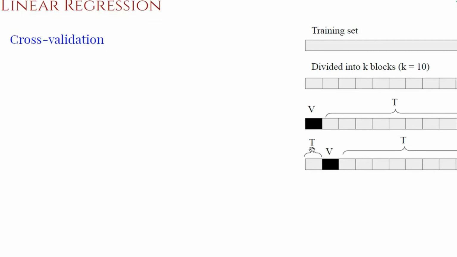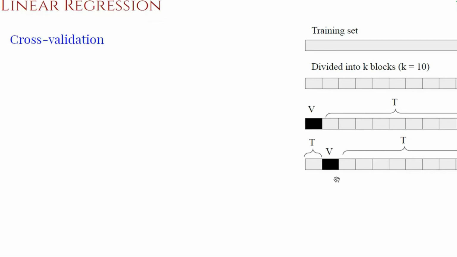In the second fold, we will take the second block as validation or internal testing, and the remaining 9 blocks as training. So among these 2 folds, the training data is slightly different. Here also 72 samples, in the second fold also it is 72 samples, but at least 8 samples are different, because this is becoming the validation data set now. With these 9 blocks as training and this 1 block as validation, you will get another R-square value.